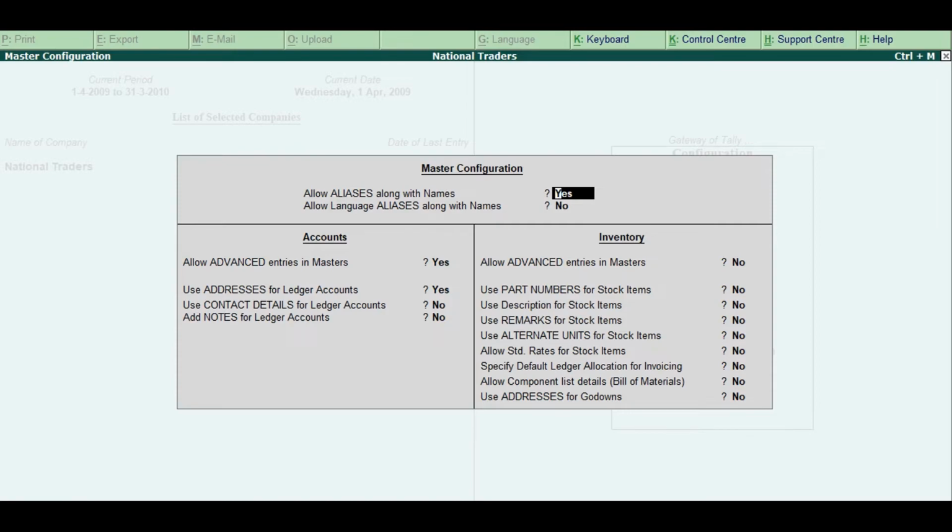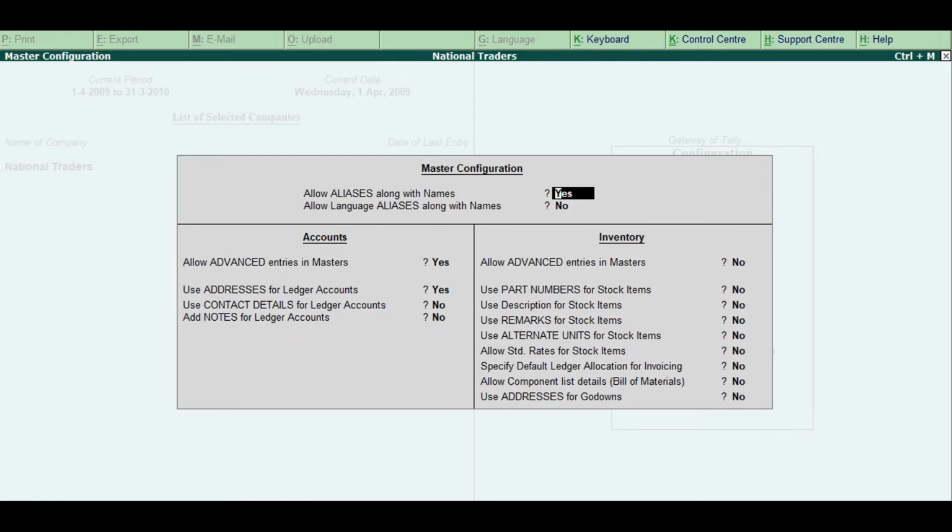Allow standard rates for stock items. Standard rates enable the valuation of an inventory at standard purchase or standard sales prices. Moreover, these prices come up by default during voucher entry. The standards are effective from the specified dates and they continue to be used at these rates until the next date where the standard rate changes.